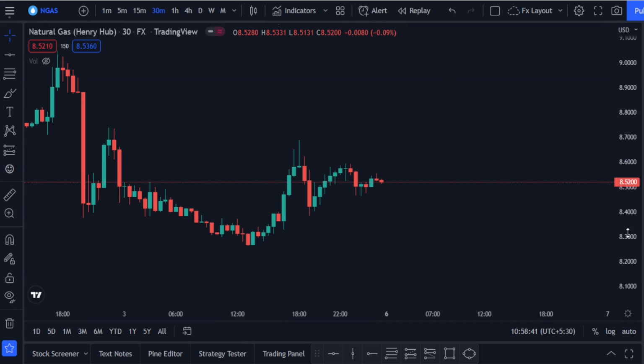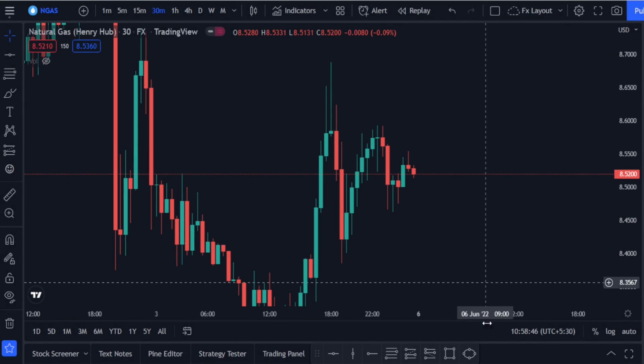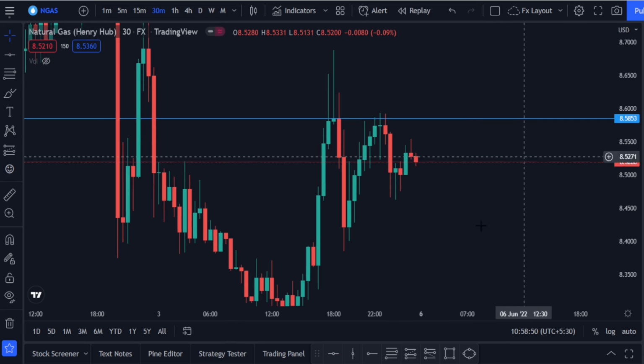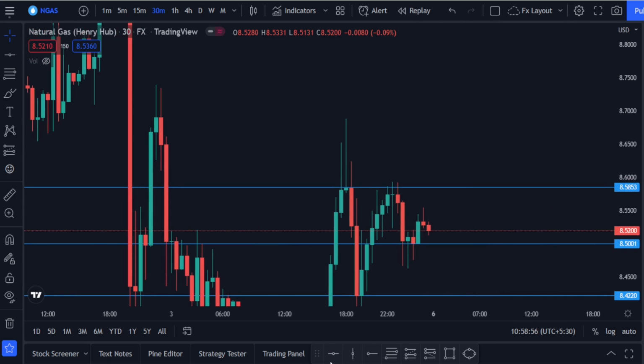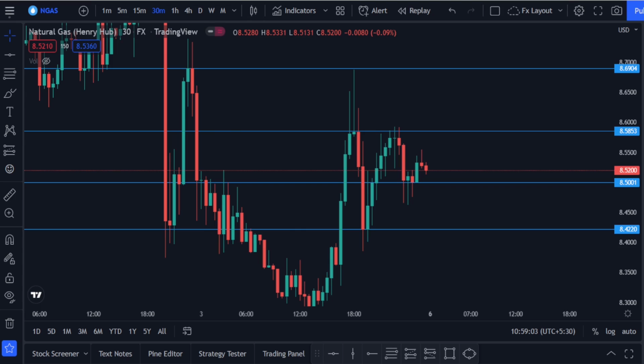On the 30-minute and 1 hour time frame, we know that we have a resistance right here, and there is a support right here, there is a support right here, and there is a resistance right here. So what are we expecting? We know that from the daily the price is pretty much bullish. So if we get